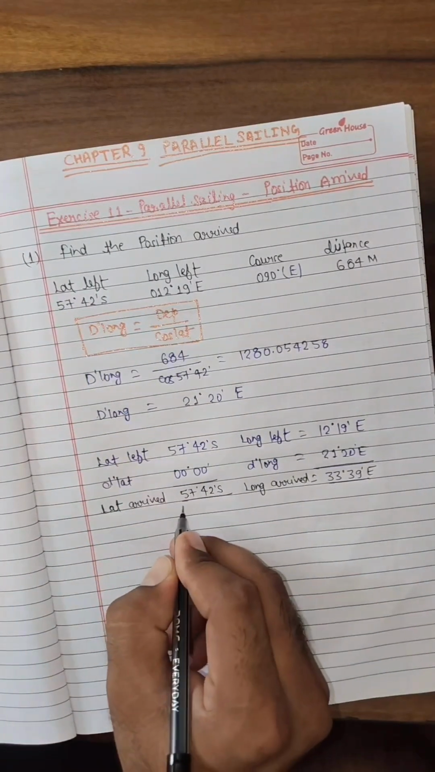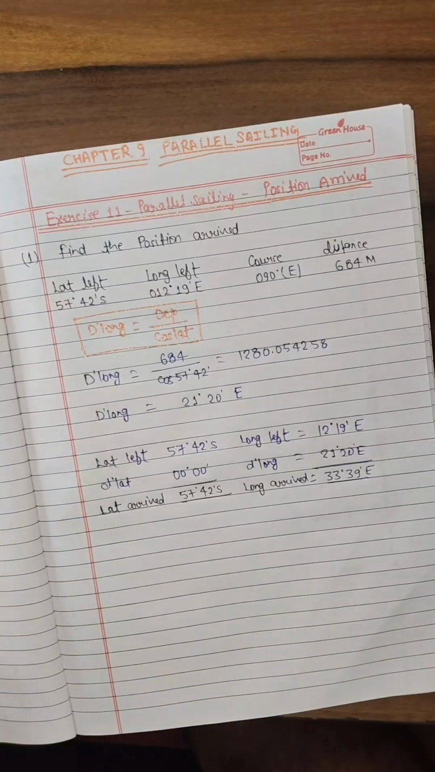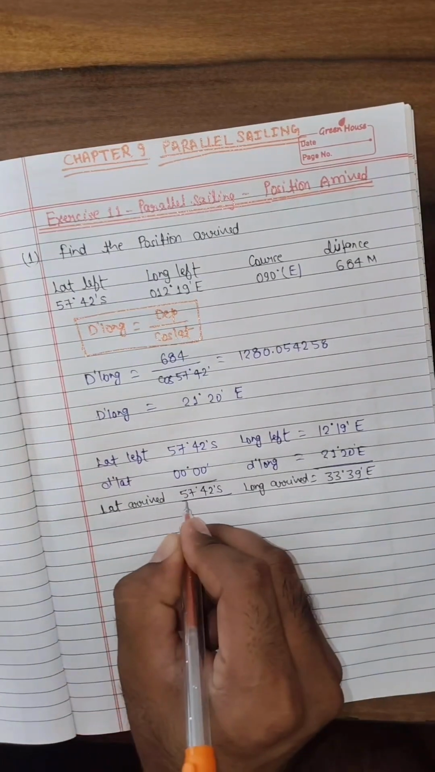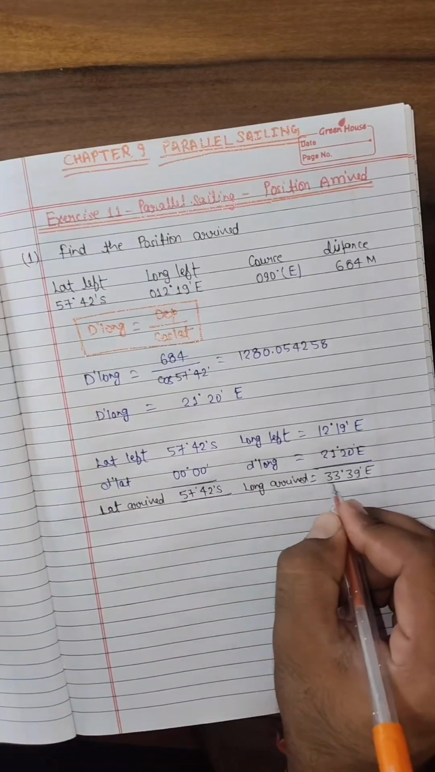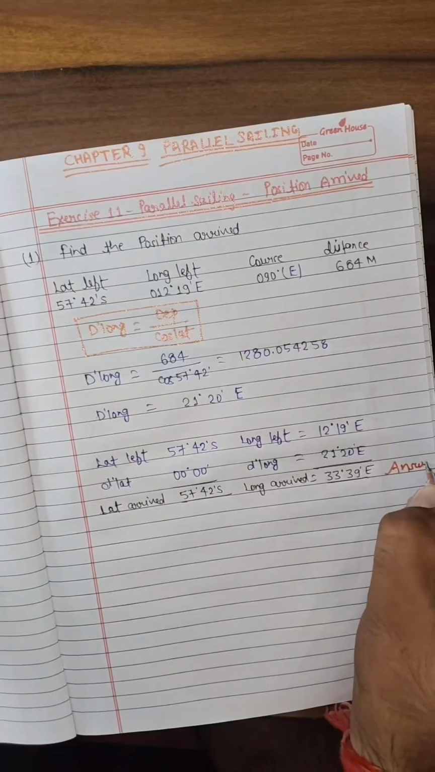Latitude arrived you find out, and longitude arrived. So this is your position. First one, that is your latitude position, that is 57 degree 42 minutes south. Longitude position, that is your 33 degree 39 minute east. So this is your answer. Okay,